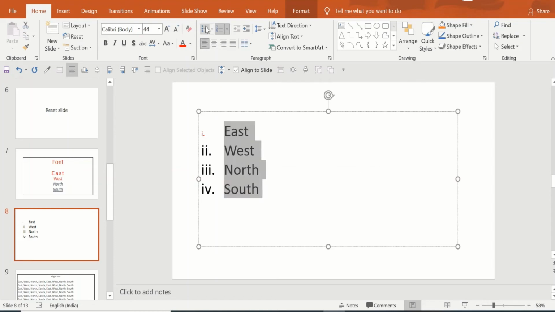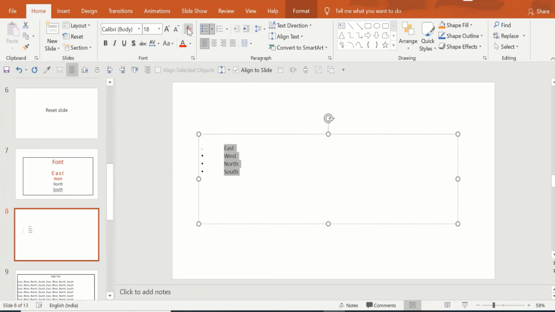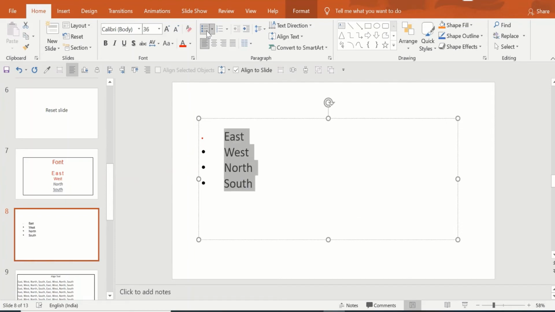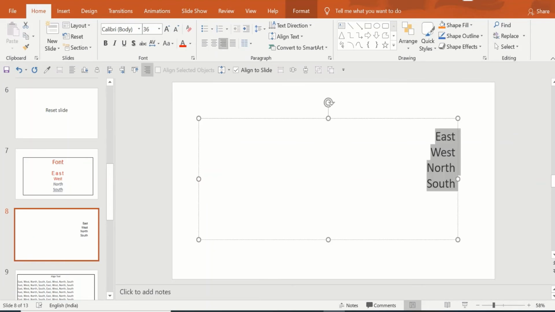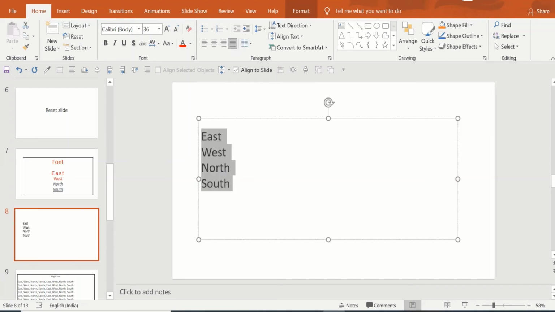So first I'll remove all the bullets, all the formatting. So I can increase the size. So now there are no bullets. Here by default it is left aligned. When I select the text, it shows it's left aligned. Now I can make it center aligned, or right aligned. And the fourth one is justify. It will justify as per the slide and